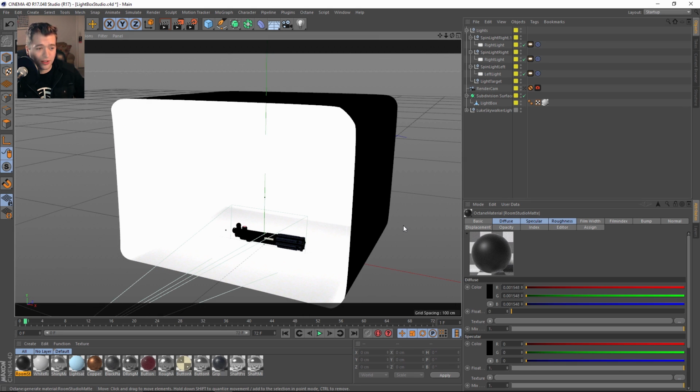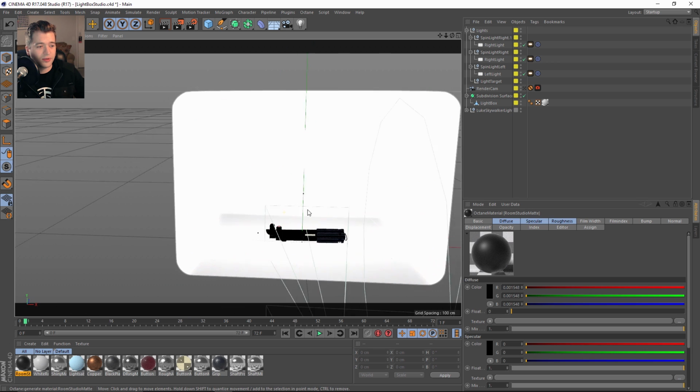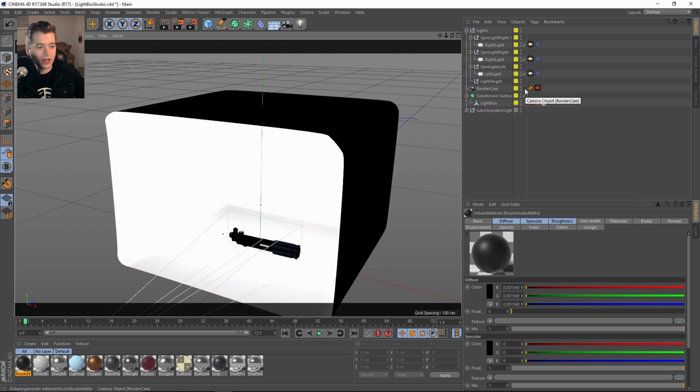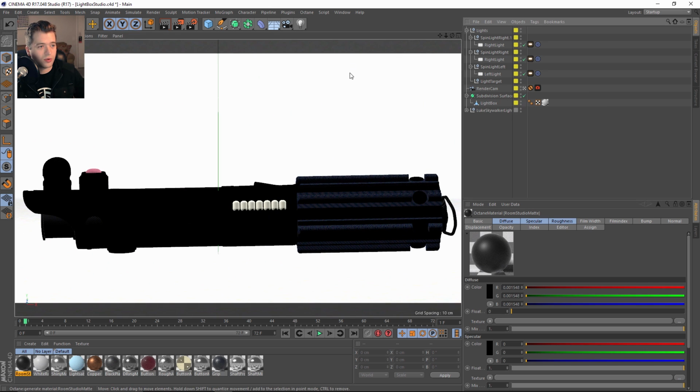So light boxes are used a lot in photography to basically create this nice global soft light that we're probably all familiar with from like GI. So it works well in the real world, and it also works really great here inside of Octane, and you get some really good feedback really quickly. So if there's any kind of product renderings that you guys are doing, this is going to be good, especially for small ones. But also this can grow and expand into like automotive renderings, right? So both of these examples kind of derive from just principles of photography. So we should go ahead and talk about why.